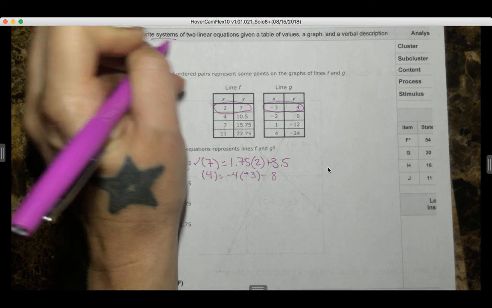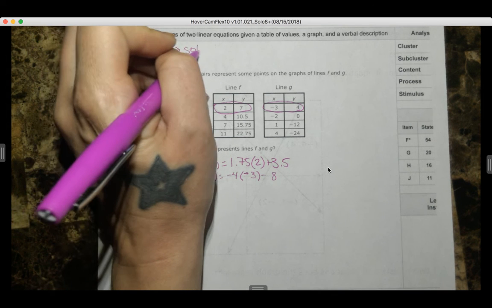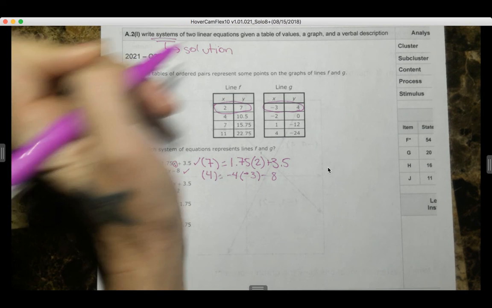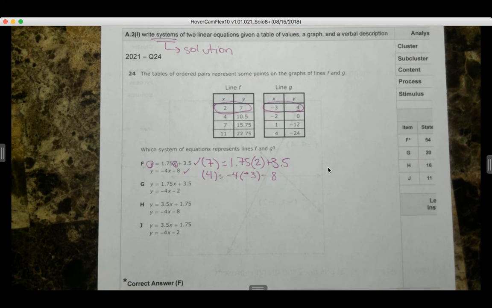Also remember, in a system of linear equations, one thing that we didn't talk about is the solution. In fact, you can use